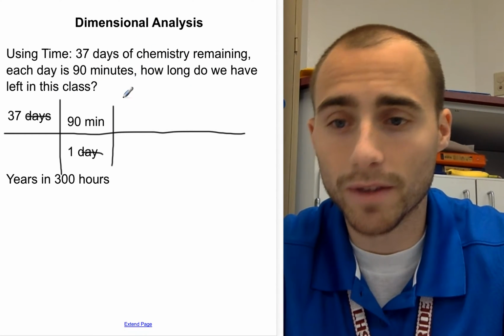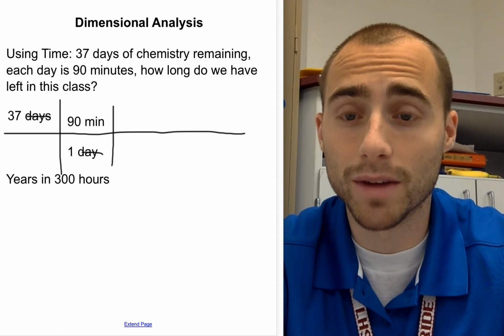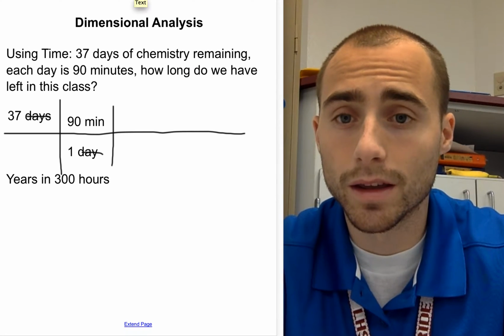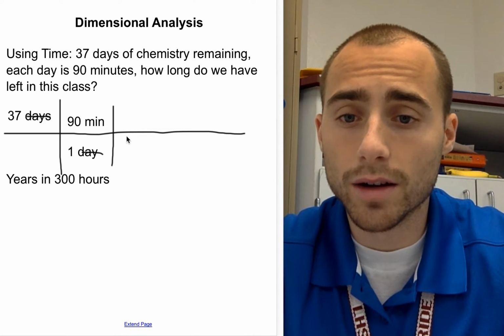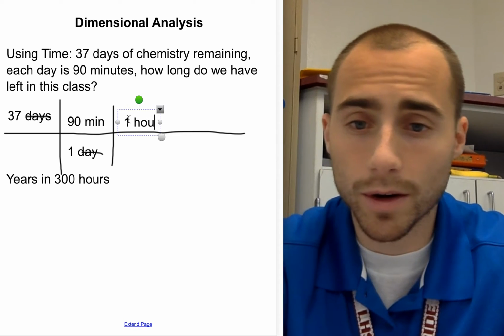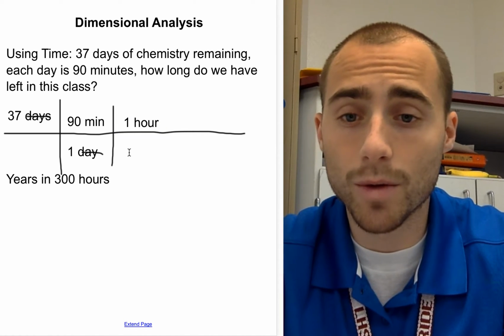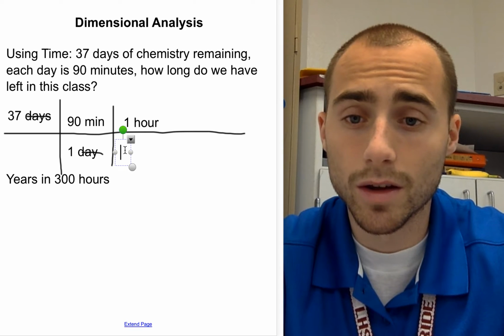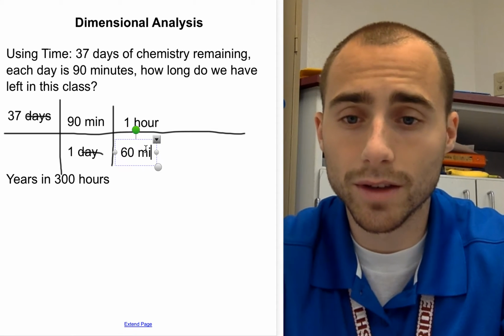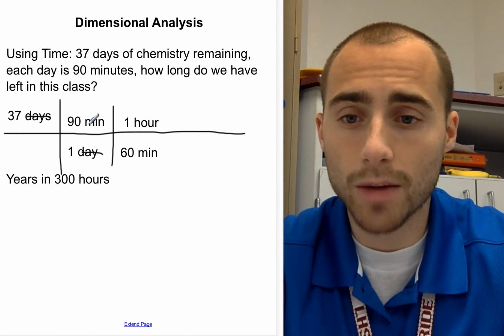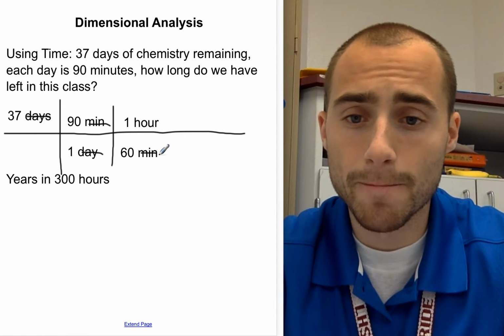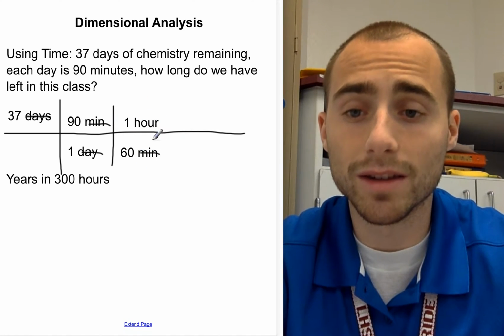It says how long do we have left in this class. It's supposed to be how many hours do we have left in this class. So down here, I want to end up here with 1 hour, right? So how can I cancel out 1 hour with 90 minutes? Well, 1 hour lasts 60 minutes. That will allow me to cancel out minutes, and then 1 hour and 60 minutes equal each other,